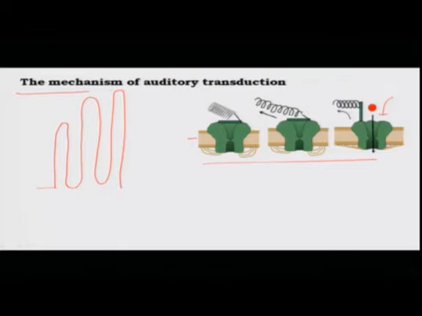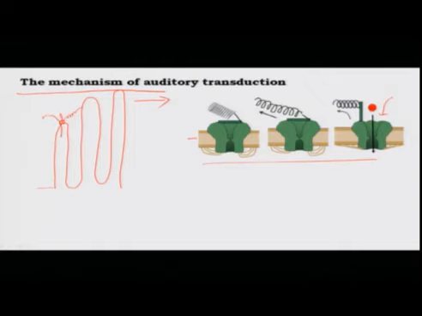So, when the tectorial membrane is attached to the top, what happens is, when there is a displacement of the stereocilia in this direction, there are some ion channels which are present on the membrane, but they are closed and they have a spring-like structure attached to the next stereocilia. So, when there is a displacement in this direction, you can imagine what happens, this lid will open up and